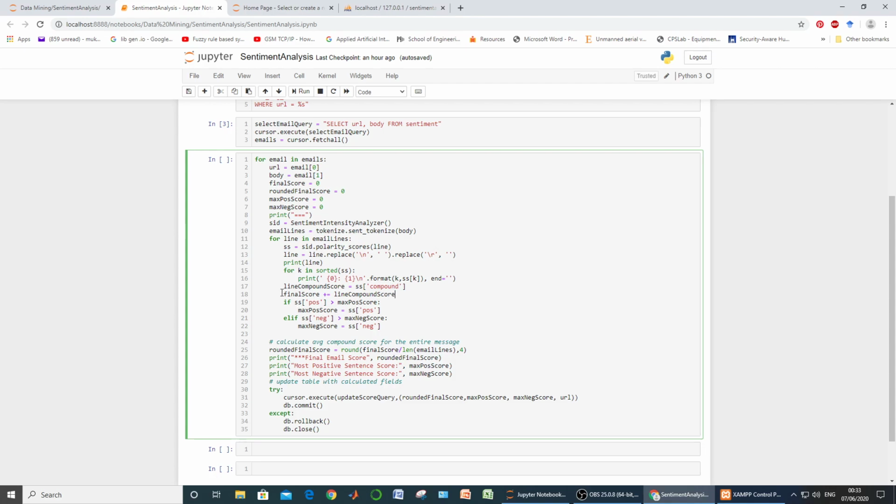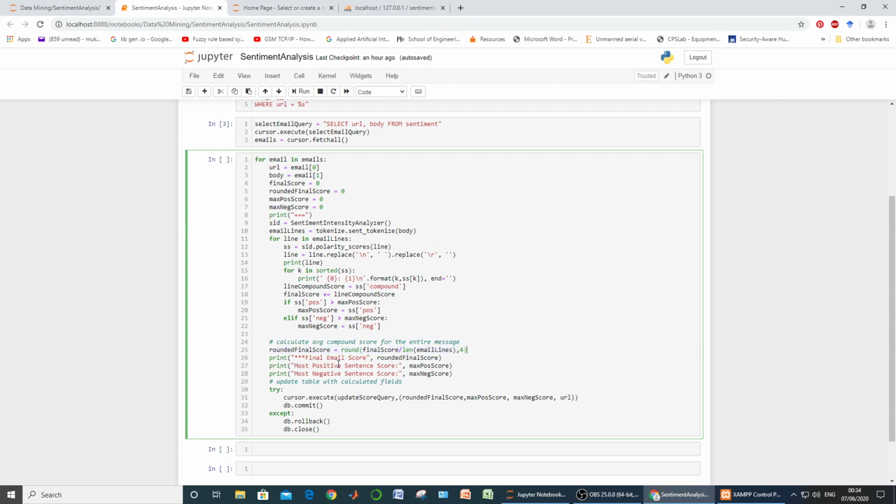So we'll be dividing this final score by the length of our email. This is what is being done in this statement: rounded final score is equal to final score divided by length of the email lines, and it is generating the average compound score for a particular email which was spread over a number of lines.